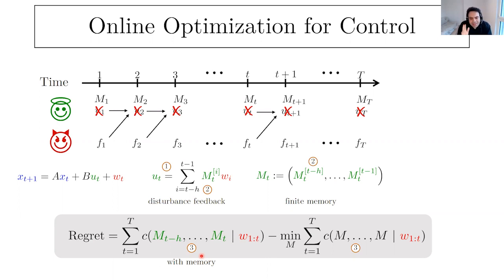But at the core, in the sequence of decisions that you make previously, each one only influences the cost function at that time. But now you allow that each of the different decisions that you made also contributes to the cost at this moment. So this is the third step. And I thought it's worth mentioning these three steps that people developed in order to fit control problems to online optimization.